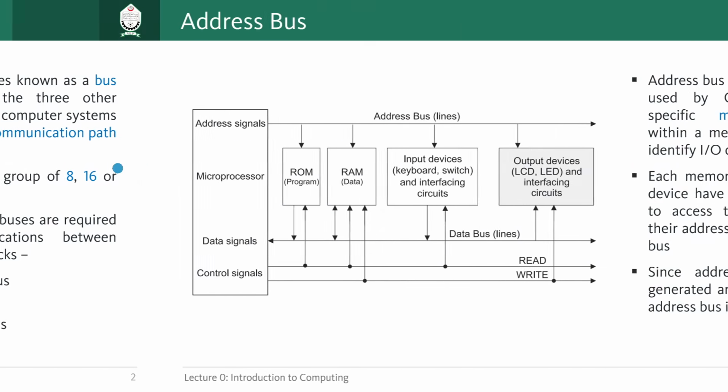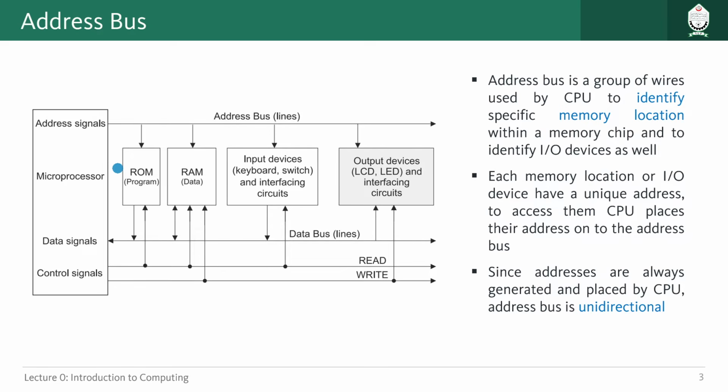So let us start with the address bus. So this one is actually the address bus, right? So the address bus is actually just a group of wires to identify a specific memory location within a memory chip, or it can be input output devices. Okay, so identify different specific memory locations. Try to remember that. So what that means, just for now, let us discuss different memory devices. Maybe we can discuss input and output devices later on, but if you think about a RAM or ROM,